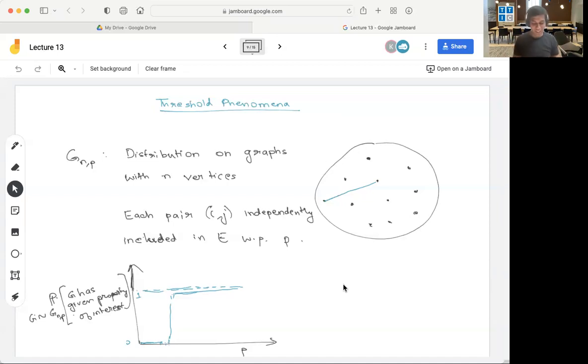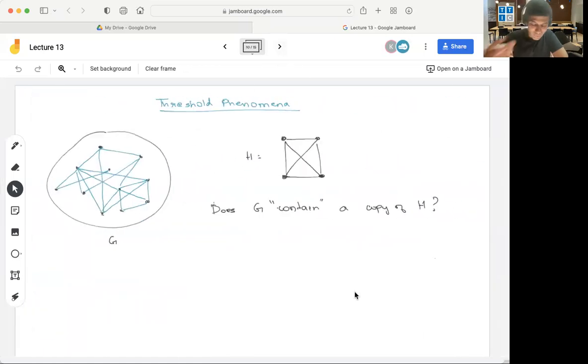These are very interesting things which are studied a lot in random graph theory, and more generally, these threshold behaviors also happen outside of graph theory. In fact, there are many interesting examples which are not graphs. A good place to look it up is the book by Alon and Spencer I mentioned last time. It has some very nice analysis related to threshold phenomena. But going back to